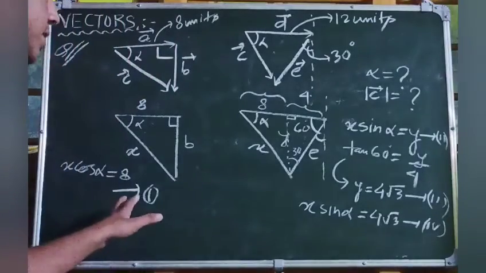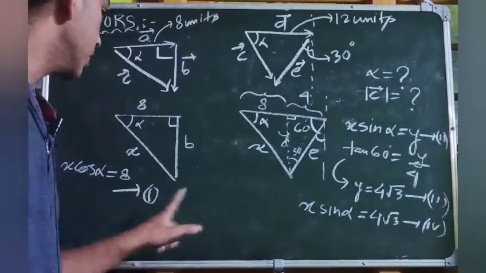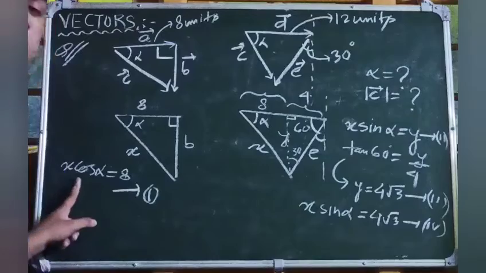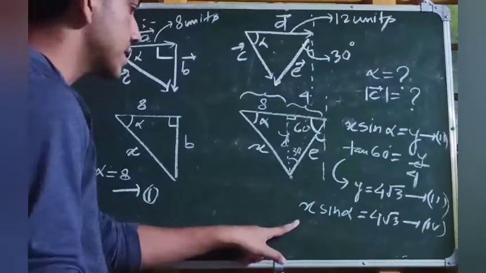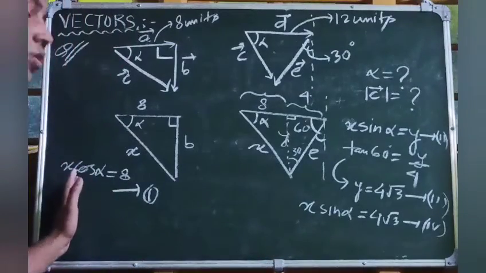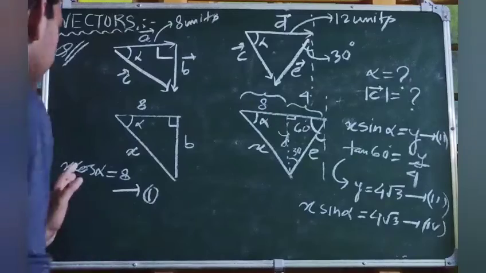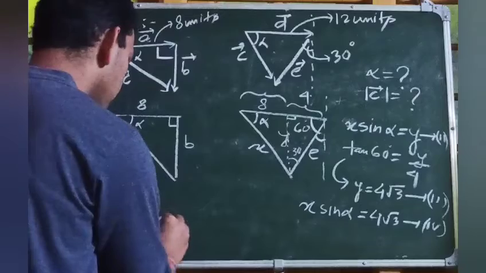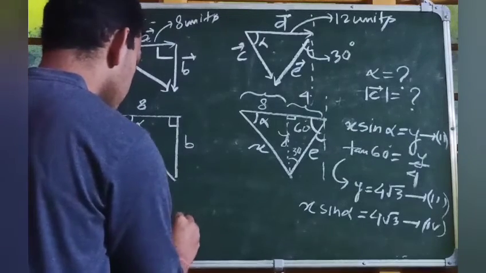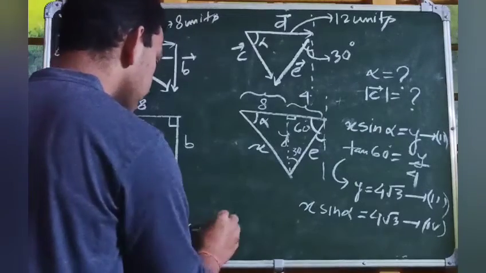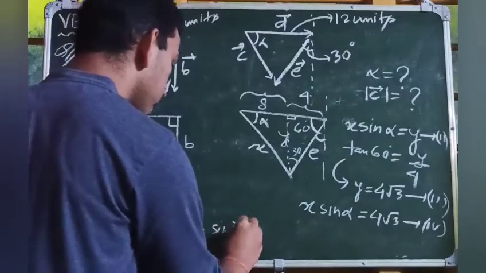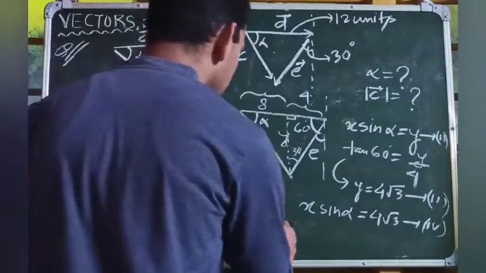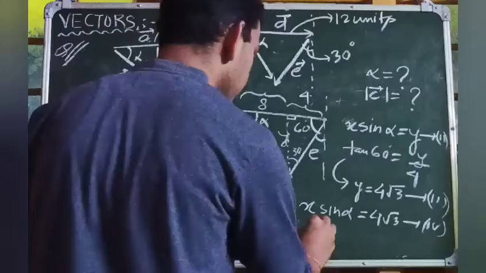Now, squaring and adding these two equations, we are getting x square cos square alpha plus x square sin square alpha, and taking x square common, we are getting x square multiplied with cos square alpha plus sin square alpha is equal to 64 plus